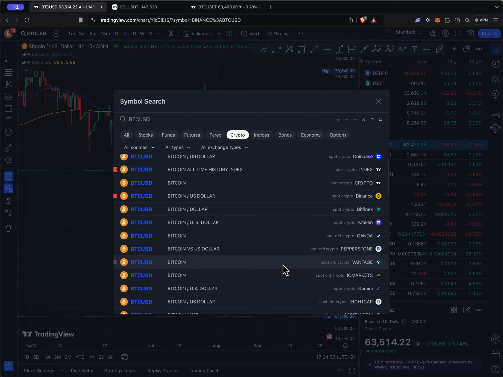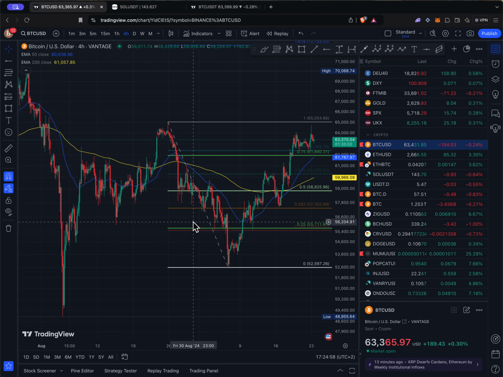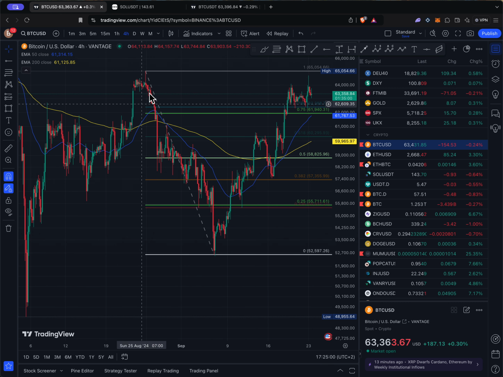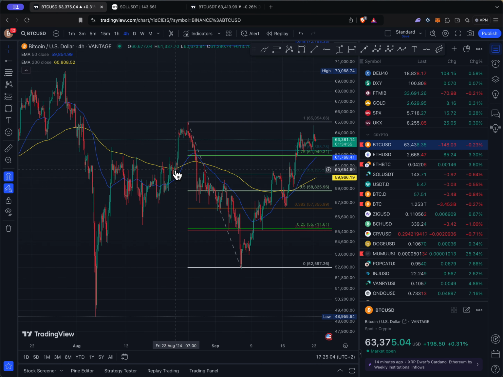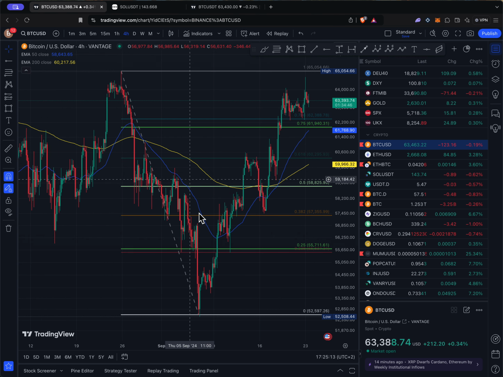Bitfinex Vantage, yes. So this one I was preparing for today, and in here I already have the fib pulled from the last 65k high to the last low at 52k, and see that we just went almost to the one. We bounced already a couple of times from the 0.786 of this fib,